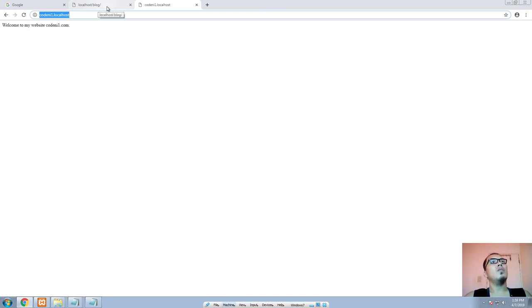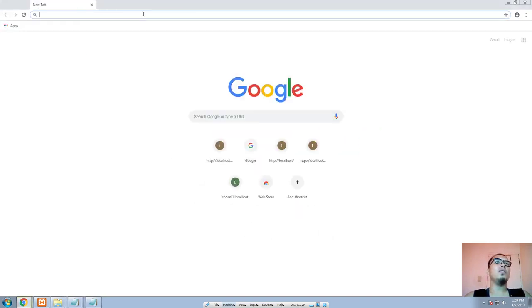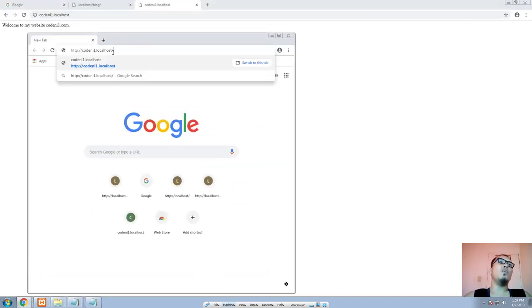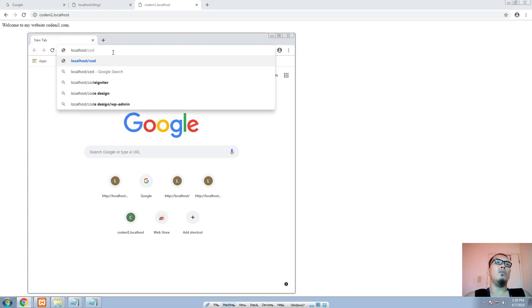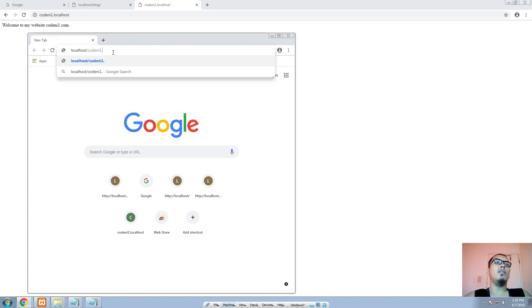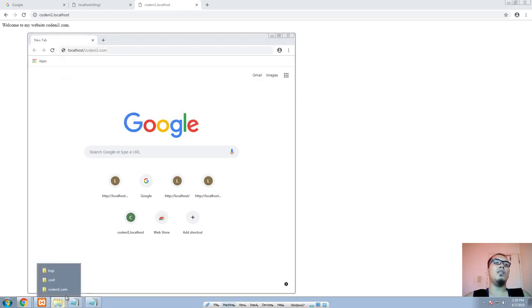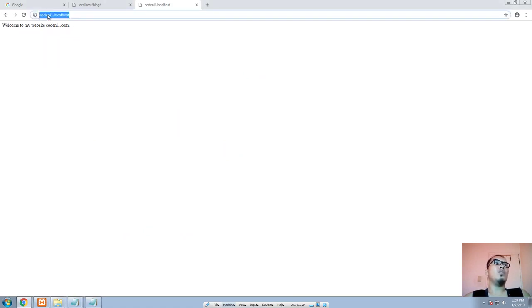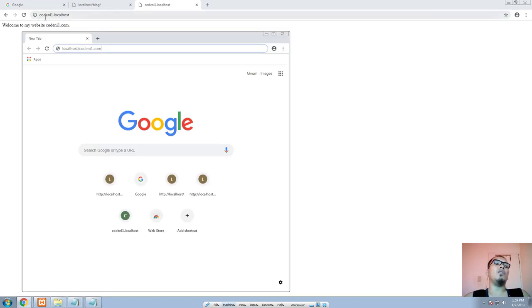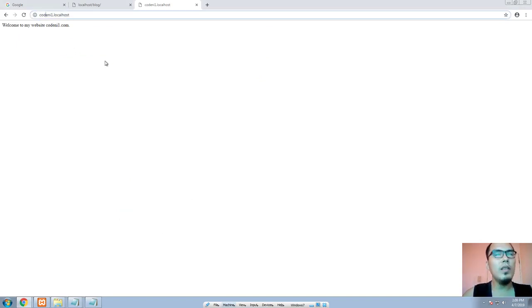Okay, so it's up to you if you're going to use the basic way, like for example localhost something, and then codenew1.com, the folder name, like that. Because if you're not going to use a virtual host, then you can use this one. So it's up to you. Are you going to use this one, or are you going to use this one? I think this one is better compared to this. Okay, so that is how to set up a virtual host